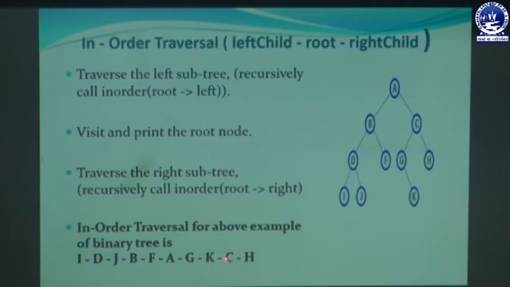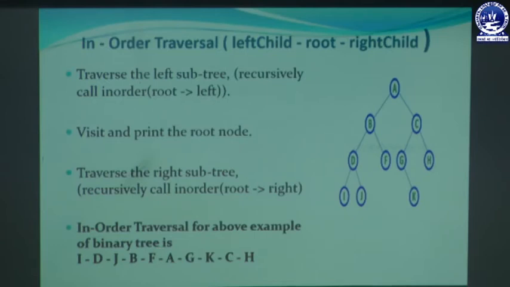So you can see after K, C is visited, and then after C, we will visit the node H, which is the right subtree for the root node C, and then H is visited. Okay. After visiting H, you can see all the nodes that are present at the right subtree for the root node A are visited. So now you can see by using in-order traversal, we visited all the nodes that are present in the binary tree, and this is the result of visiting this binary tree by using the in-order traversal method.